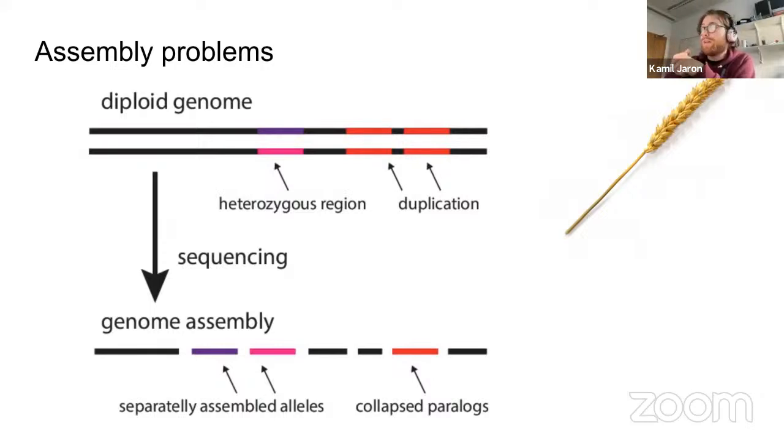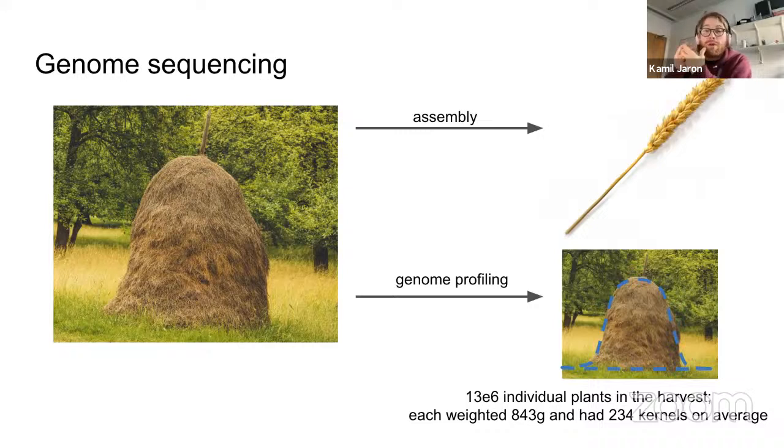The purple ones would have one, the red one would have four, and the black ones would have two. So fundamentally it's a complicated process. Let's appreciate it. It's just challenging. So having something that allows us to do something else, something orthogonal, is extremely helpful. And that's the idea of genome profiling or the schema analysis. And that is that instead of trying to assemble systems, we just try to guess something about it.